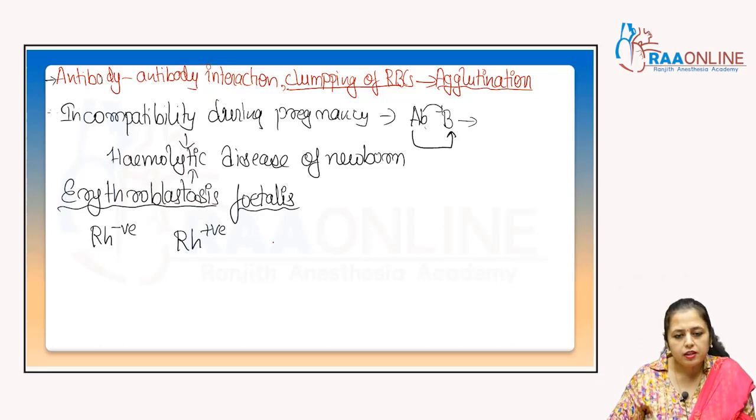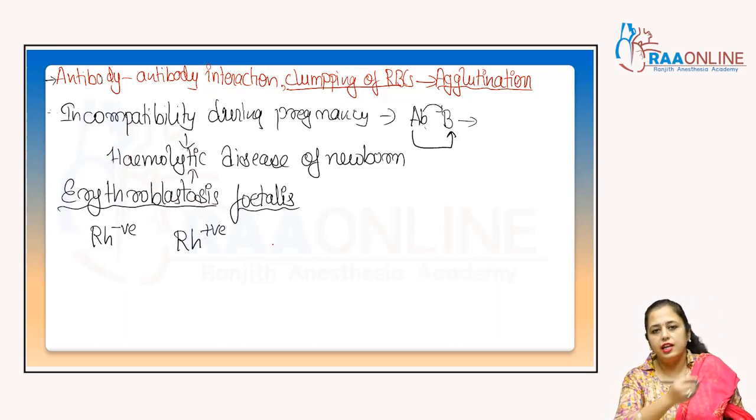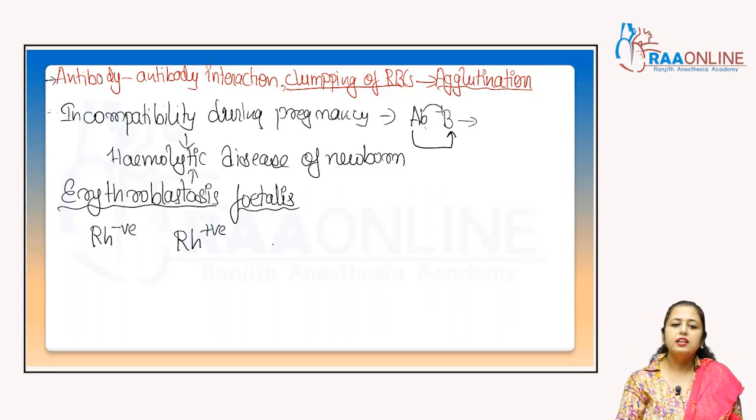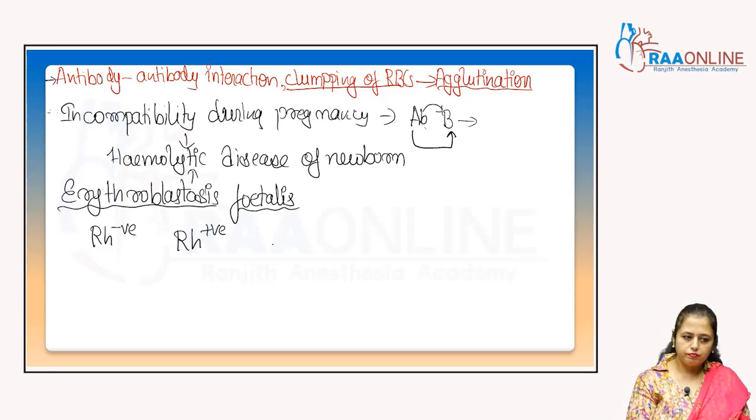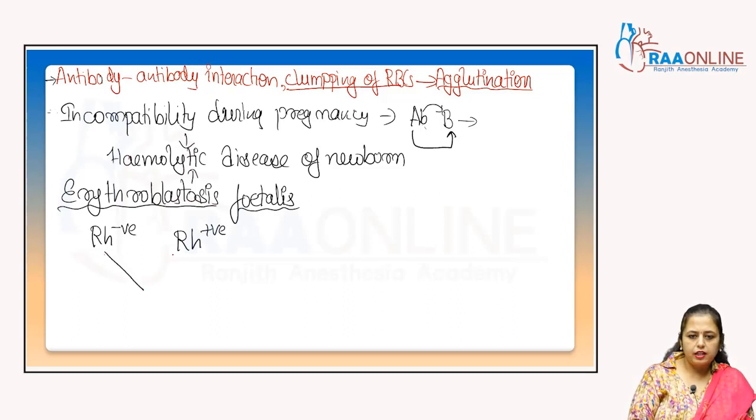But we can say the Rh positive shows more dominancy than the Rh negative, but it doesn't mean that Rh negative is not inherited in the next generation. Clear? So what will happen? In the first pregnancy there is no complication. The first baby